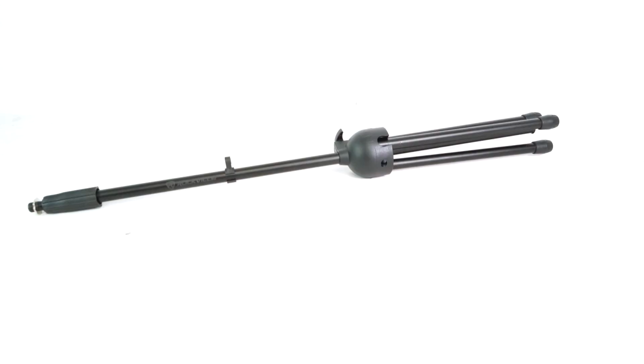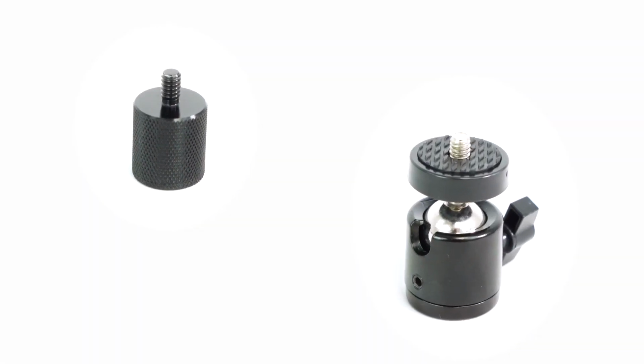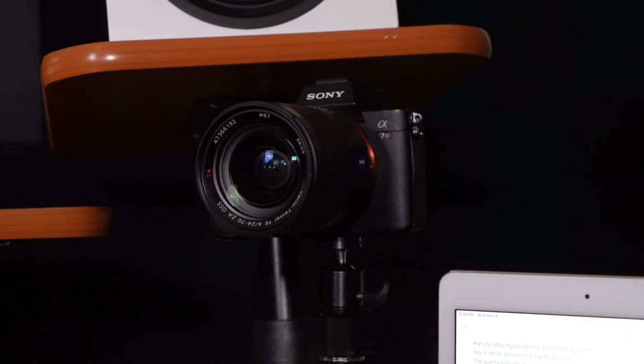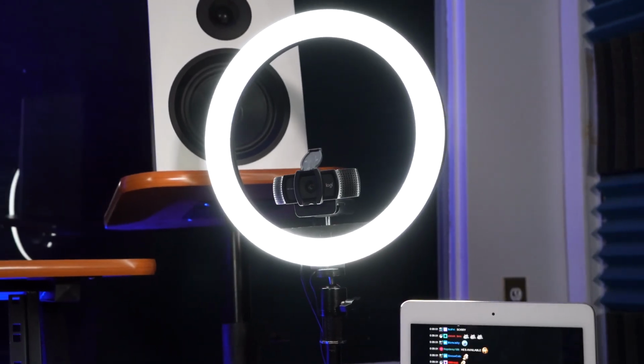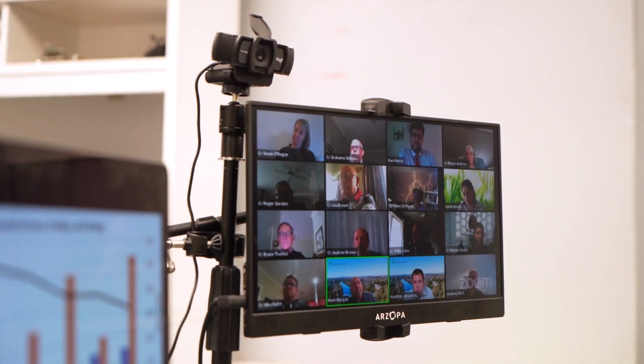What's up guys, Perry from Rockville here, and today I'm going to show you how to set up your cam stand. So as you can see, it comes with the stand itself. It also comes with the pieces that we can use to attach your camcorder or even your halo light. And we also have the pieces to attach our smartphone, tablet, monitor, and more. Over here I have some of the things that we're going to attach later to the stand after we set